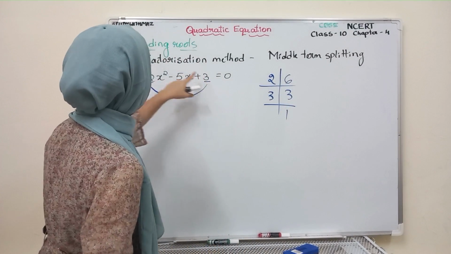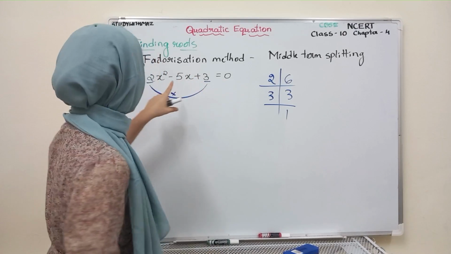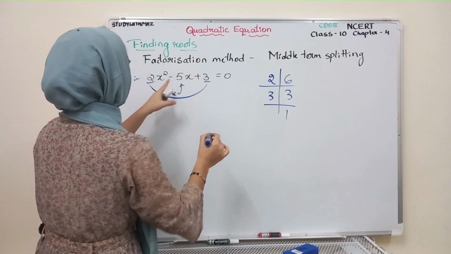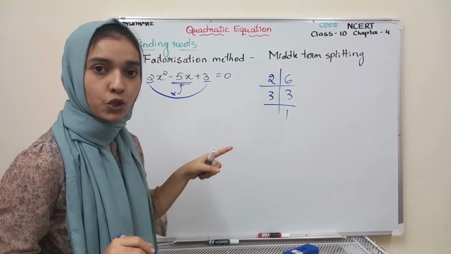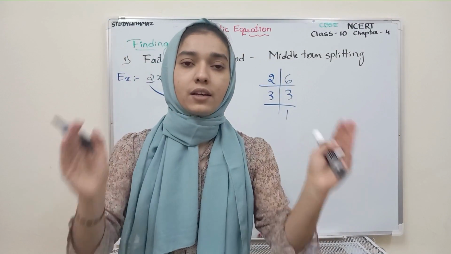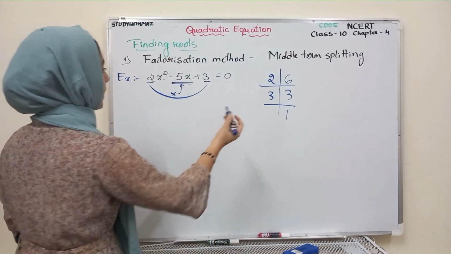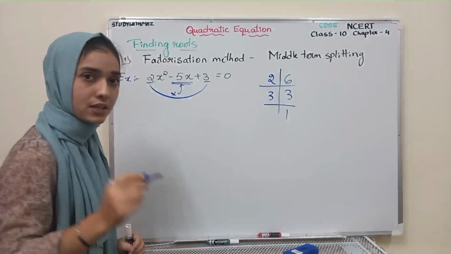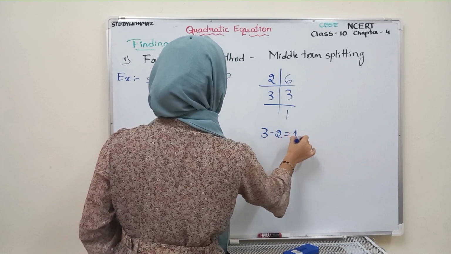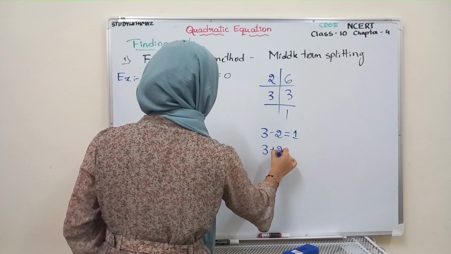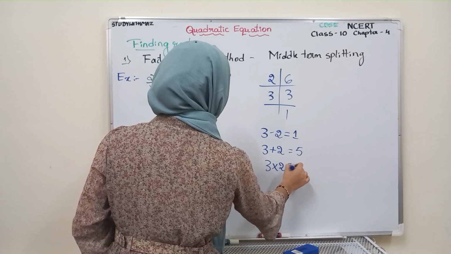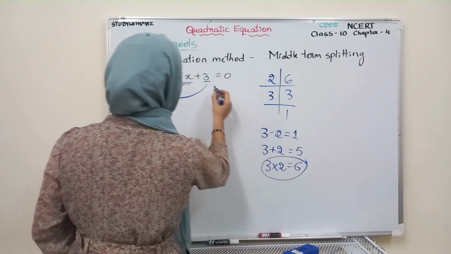So when you multiply the last 2 digits, you will get one product. That product should be equal to your middle term when you add or subtract those two numbers. For example, यहाँ पे देख लो, यहाँ पे हमारा prime factors आ गया 3 and 2. I will subtract 3 minus 2. How much will you get? 1. I will add these two numbers, 3 plus 2. You will get 5. I will multiply these two numbers. You will get 6. So this multiplication is required for the last term.